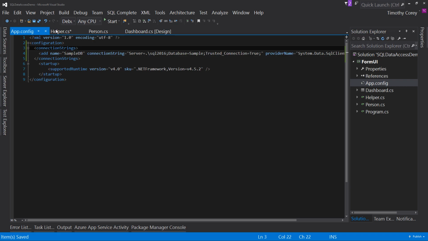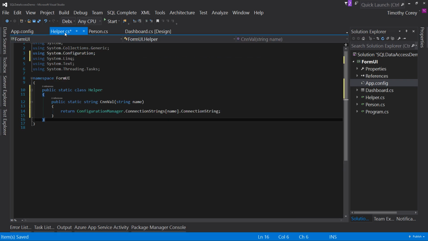So now when we want to access this whole thing right here, this is the real important piece. That's the data we need. So in order to connect to SQL Server, we have to have this string. We're going to get this string by passing in just the sampleDB name to our helper.CnnVal. So in here, we're going to put sampleDB. And this code right here is going to grab back and return